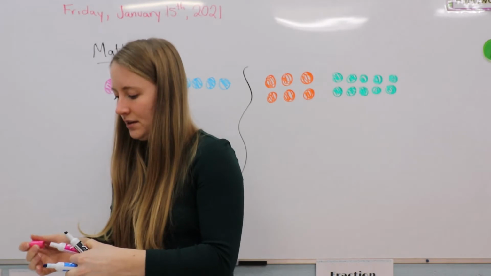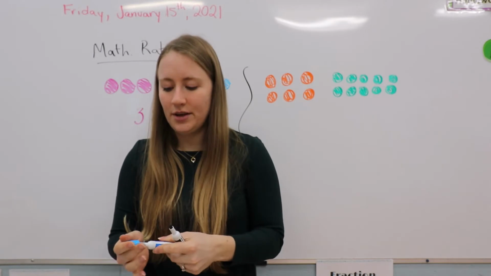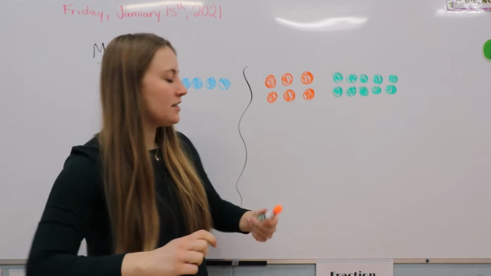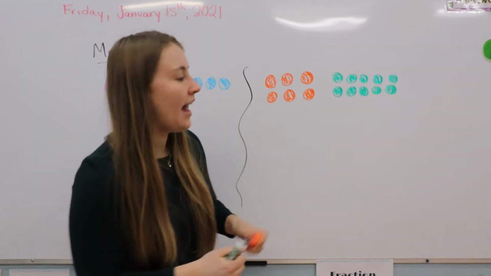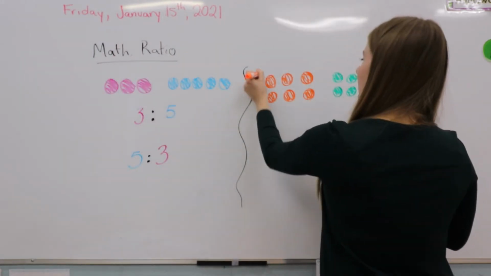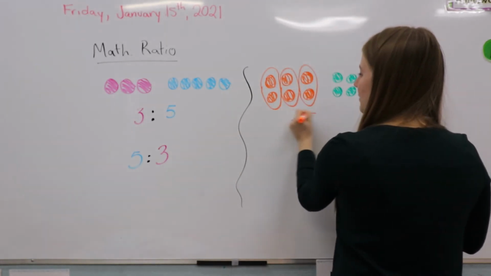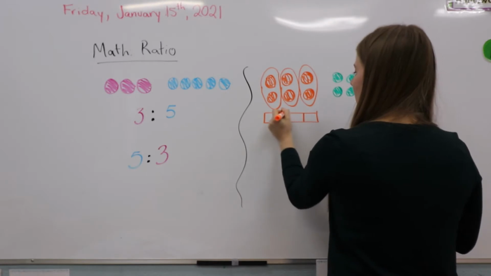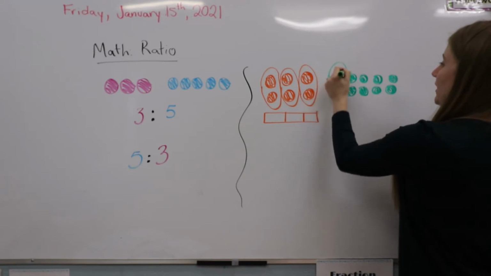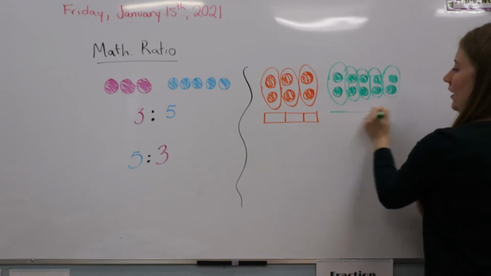All right. But again, you can do more than just the actual numbers. So if you see on this side, we have a lot more counters. There are 6 orange counters and 10 green counters. Okay, but we can group these together. So I'm going to start by just grouping them into groups of 2. Okay, so that means that there are 3 groups of orange counters, because we can group the greens into 2 as well. And there are 5